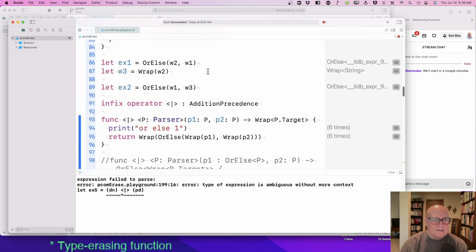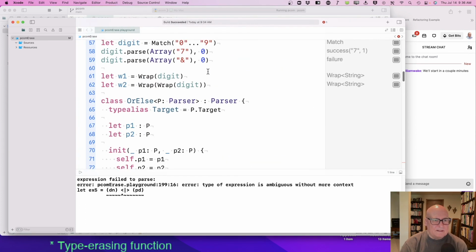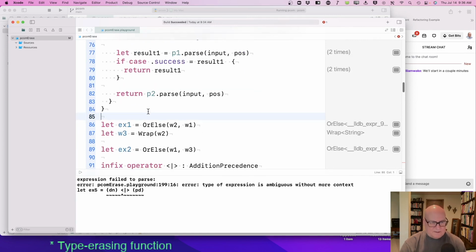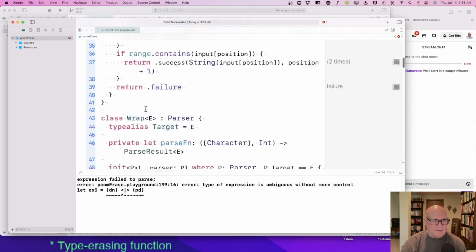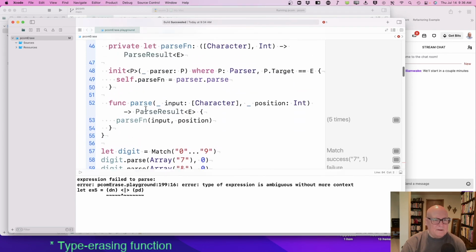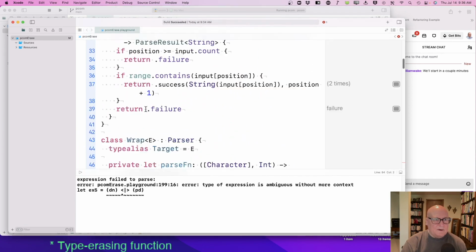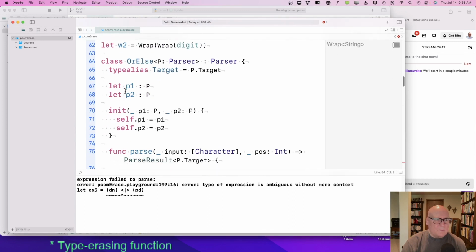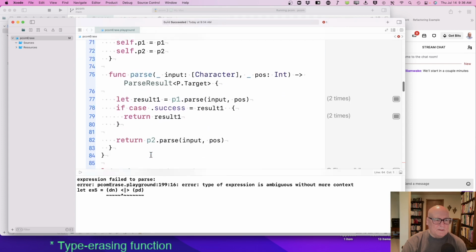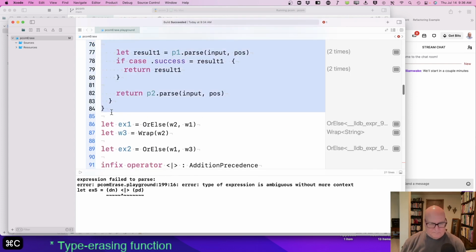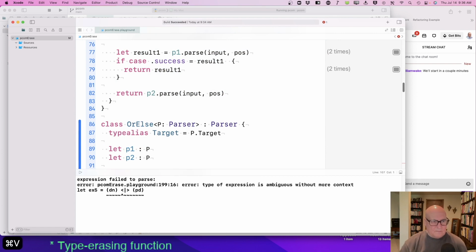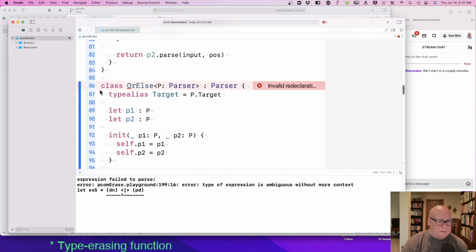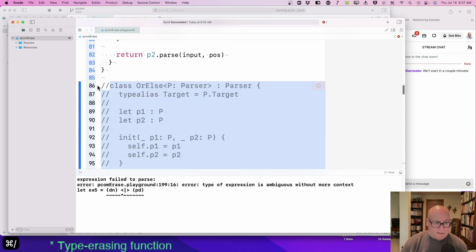okay, let's try modifying this. All right, so I'm going to comment out a version. Whoops. Wrap match or else. Okay. And this will be what we had.